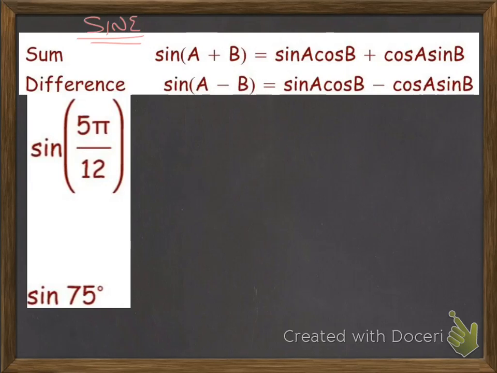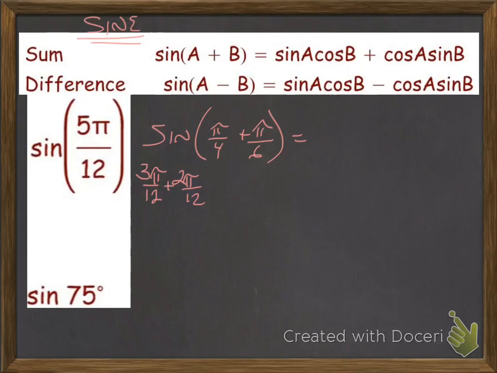So when I have 5 pi over 12, I have to use either a sum or difference of 2 in order to get that. So I can use 3 pi over 12 and 2 pi over 12, and add them together, and that would be 5 pi over 12. So I can reduce those, and that's pi over 4 plus pi over 6. And now I can write it using the formula,